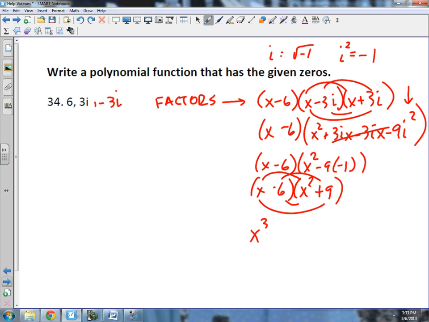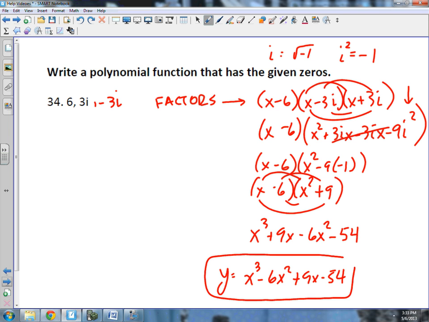So I get x to the third. Outer is going to be plus 9x, inner negative 6x squared, and then last minus 54. So I'm going to rearrange it. So my function y equals, or f of x equals x to the third minus 6x squared plus 9x minus